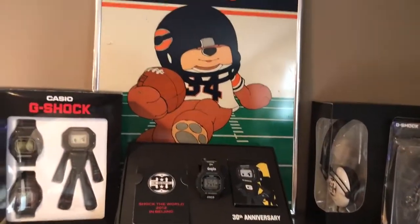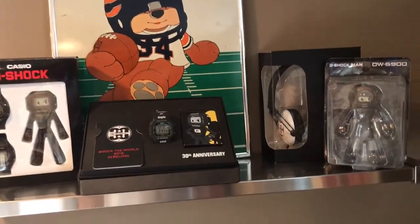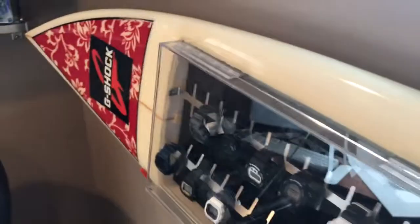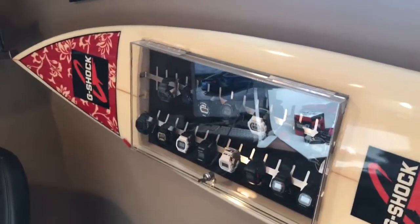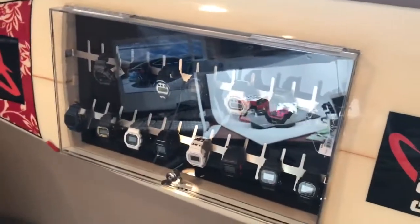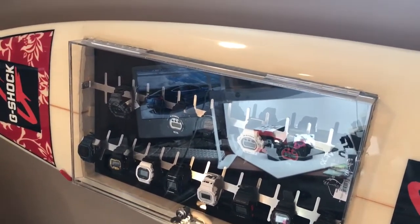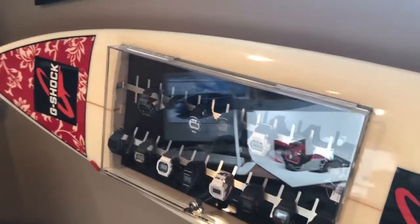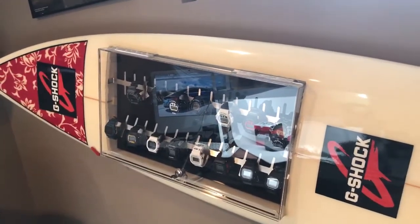So, a few of my watches here. Of course, I got the Chicago Bears Walter Payton poster in the background there. Now this thing is amazing. It's a G-Shock surfboard display. I found it on Craigslist in Las Vegas, I believe, and I had it transported. It's a long story, but I had it transported from a gentleman who was traveling to Chicago. Well, he was actually traveling to St. Louis, if I'm not mistaken, and I managed to convince him to stop by in Chicago and drop it off. I think he charged me like 30 bucks to do that, which was amazing. I gave him a nice little tip though, because I thought it was very generous of him. So this is my little G-Shock display